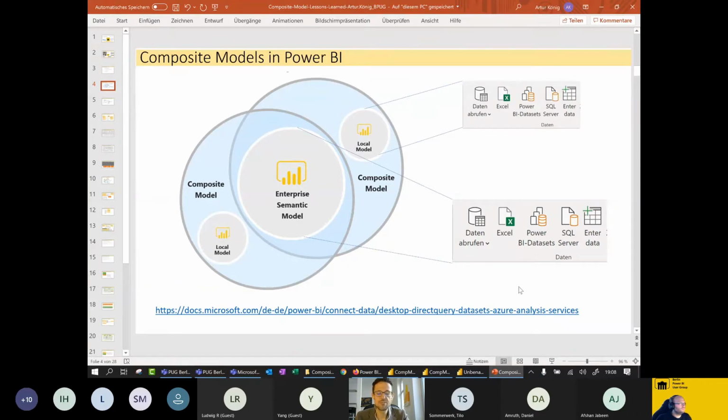I will show it very soon. Now it's actually possible to import also other data sources, and the main example, I think also in the Microsoft blog, is shown with Excel: you have a centralized Power BI dataset in the company, and then you have Excel files and you can merge them together, like a self-service approach to central data. It's a cool use case, but for me, it was the core use case in my